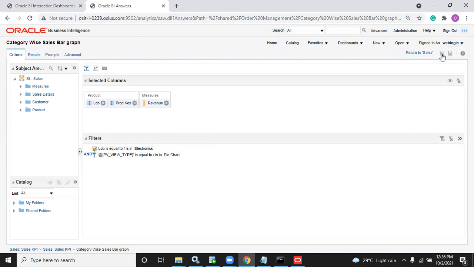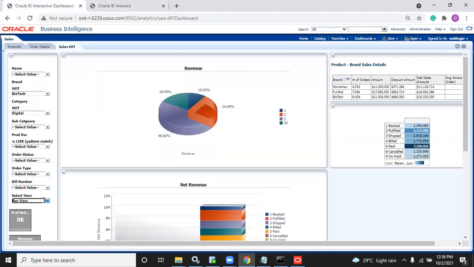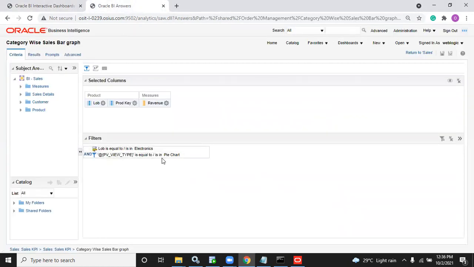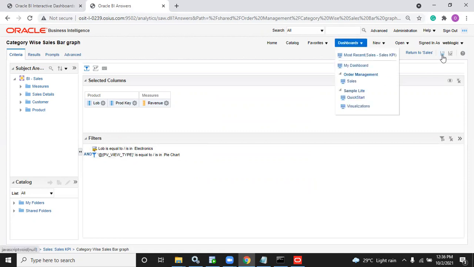Clear? So variable equal to 10 you are writing. If your variable is having 1, then 1 equal to 10 condition will fail. Same way, I have written variable equal to pie chart. Now variable will have the value whatever you selected here. If I selected bar view, then the filter will be like bar view equal to pie chart. This is variable equal to pie chart. So if you select only pie chart inside the variable, then only this condition will become true. Clear?